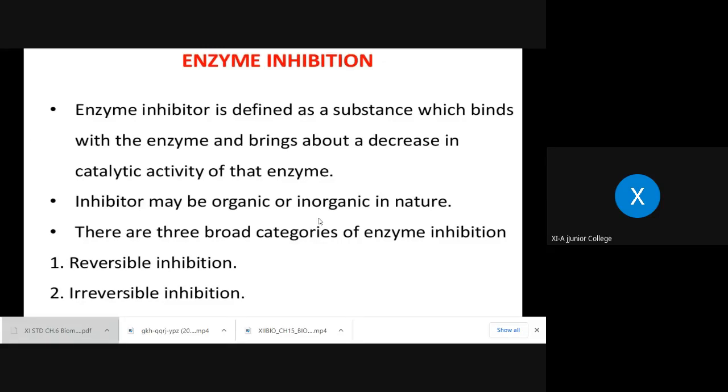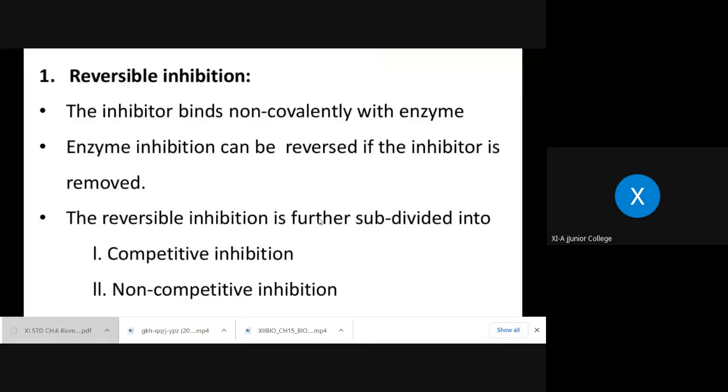Inhibitors, which inhibit the reaction. Now, what is the role of enzymes? What is the property of enzymes? They catalyze the reactions. But when the enzymes come in contact with such substances, then the rate of the reaction is slowed down or it can be stopped. There is a slowing down of the speed of the enzyme activity, or the reactions cannot even take place. They are stopped.